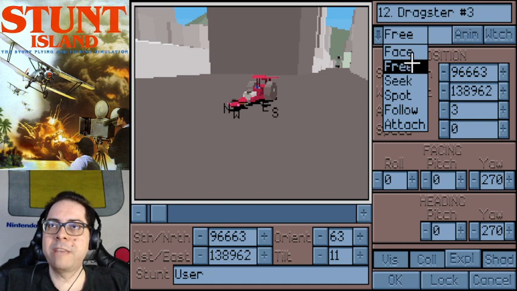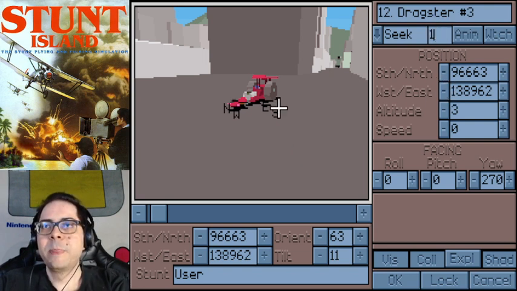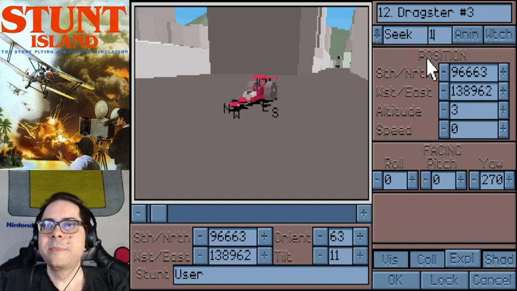I make a free object. A seek object will have this number next to it. If you can see that again, I don't have a heading direction because the heading will be wherever the location of where this object is. So I can actually have this object go in the direction of this other object, which maybe is not useful here,